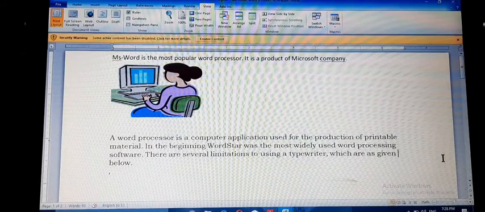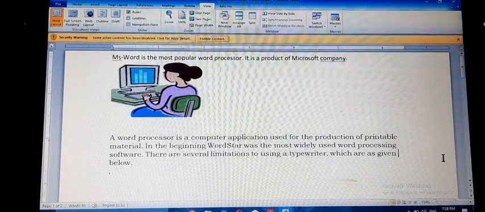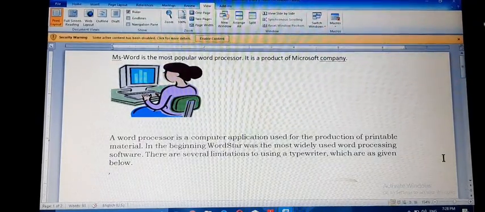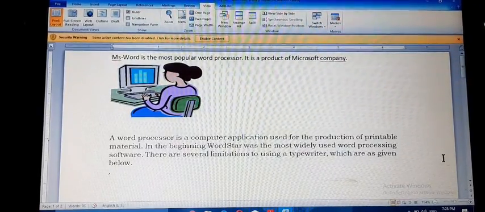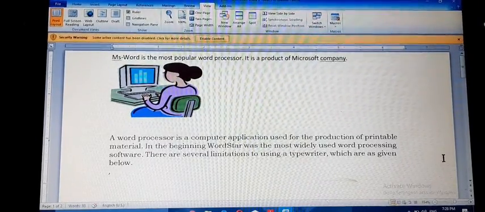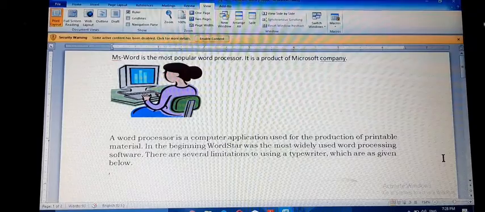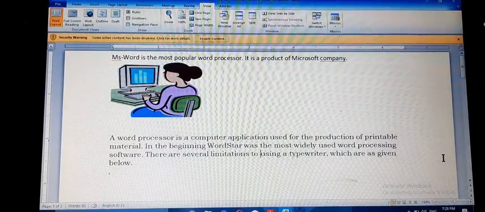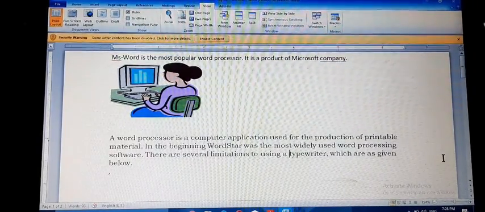Control plus left arrow moves the cursor one word left. Control plus right arrow moves the cursor one word right.